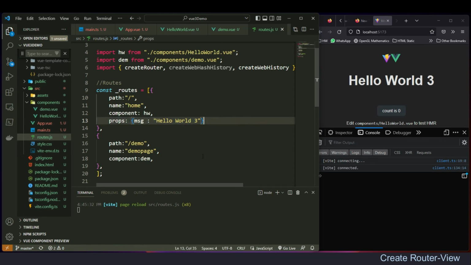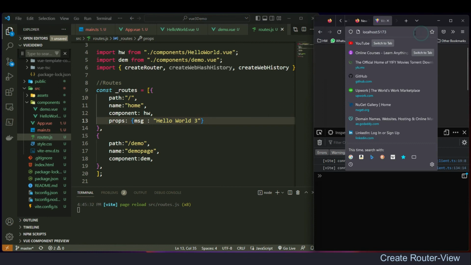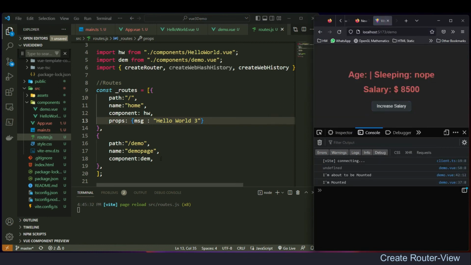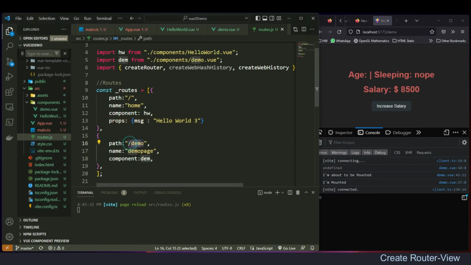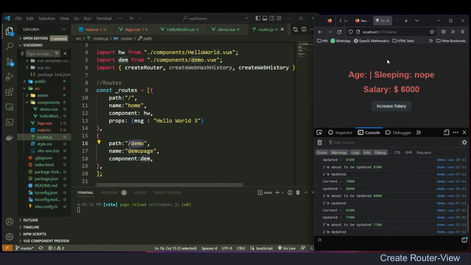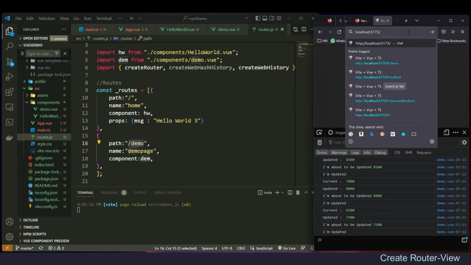So this is how you pass a property to an imported component. There are other ways to dynamically import as well, but we will not focus on it at present. We'll just keep it simple. So path is there, and the moment I go to /demo, I go into my demo page, because /demo gives me the demo page with component Demo. Everything will work. And if I go directly to this,